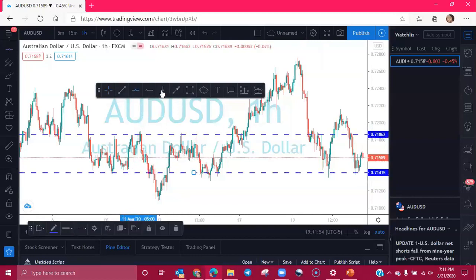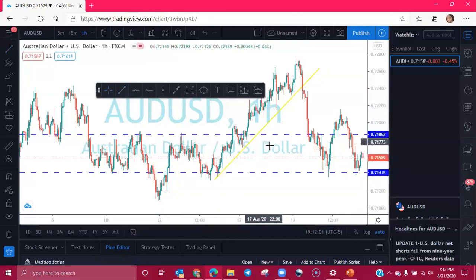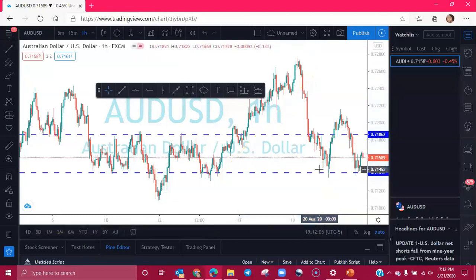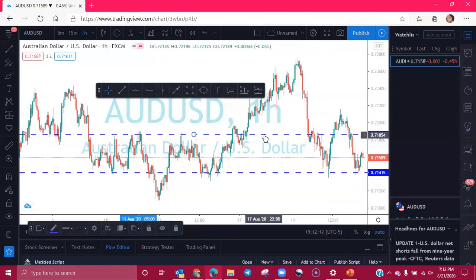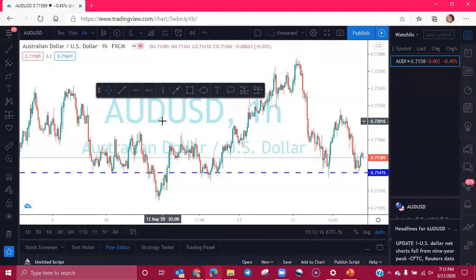So we had these lines and we had a trend line. And say you just want to delete this trend line. You would just click on the trend line to select it and hit the delete button on your computer. That's it. Or you can click it and right click and say remove, and that also does the same thing. Okay.